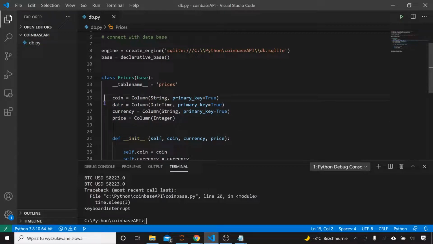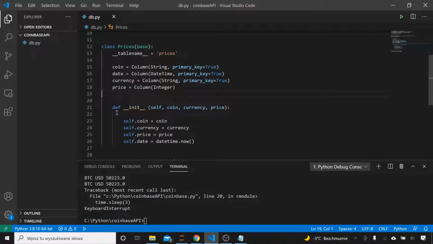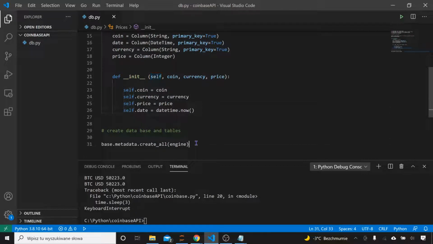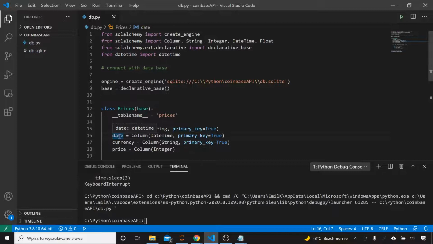In the table we want to have 4 columns. The column with the information about which cryptocurrency we are collecting, the date when we collect that data, the currency, so US dollars in our case, and the price. We also have the constructor, which is not mandatory but it's pretty handy. In our case, the constructor automatically creates the column with the date time, so we will have the information when exactly we have collected that Bitcoin price. And at the end we just execute the create all function, so we create the database if it does not yet exist. Okay, let's run this program,